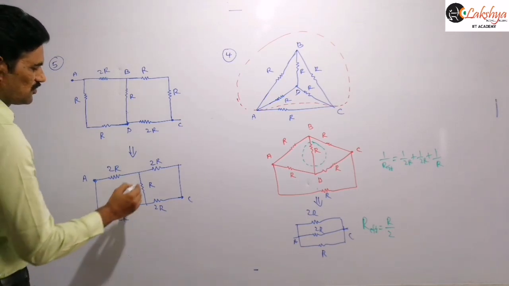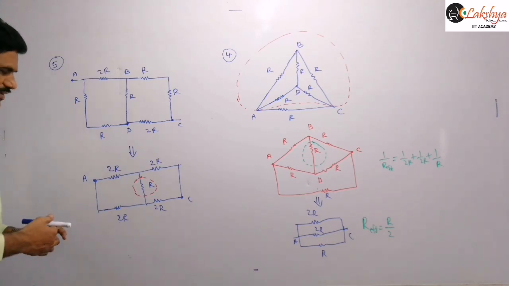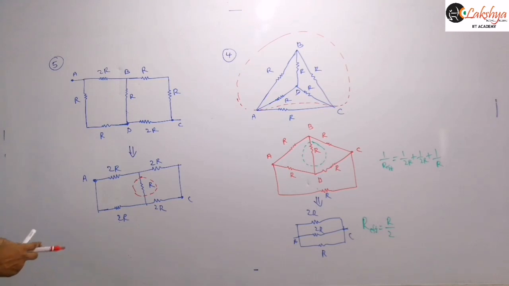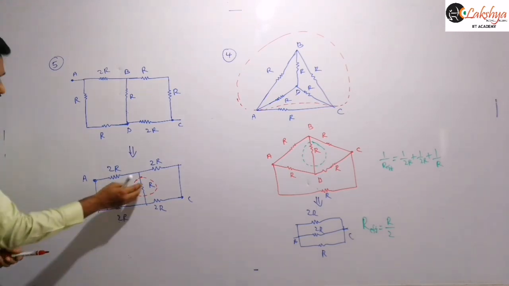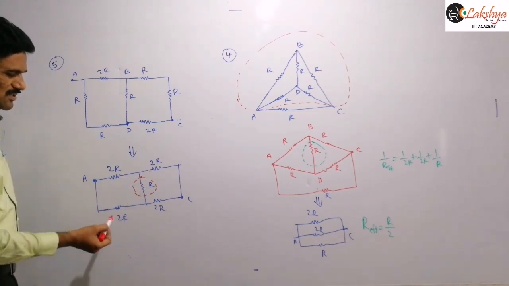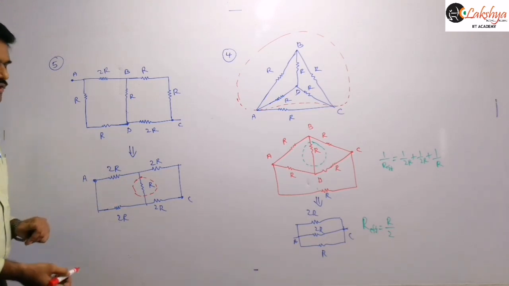Now the position of this galvanometer is nothing but this one, so you can eliminate that resistor here. That resistance will become ineffective. So when you remove that resistance, then calculation will be easy for us. So you can write this as 2R and 2R. If this resistance is removed, then this 2R and 2R will be in series, and similarly this 2R and 2R will be in series, so that 4R and 4R are in parallel.